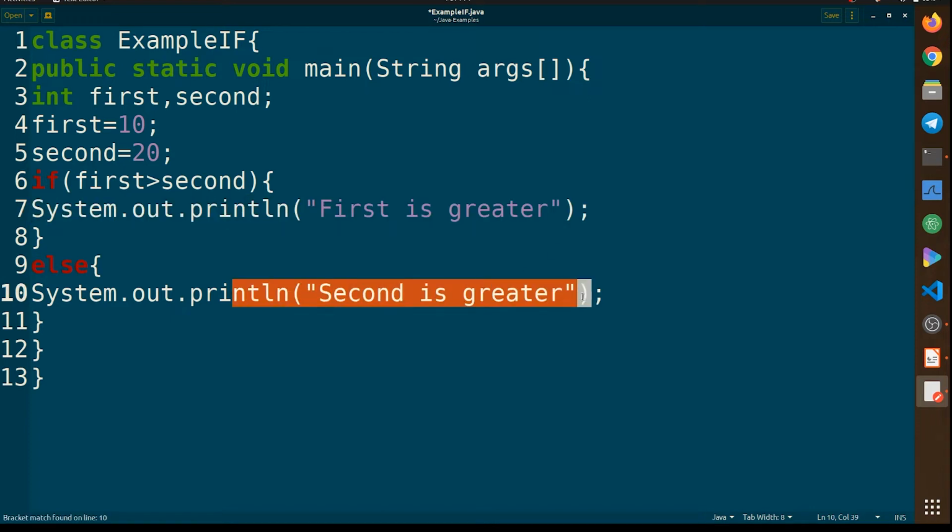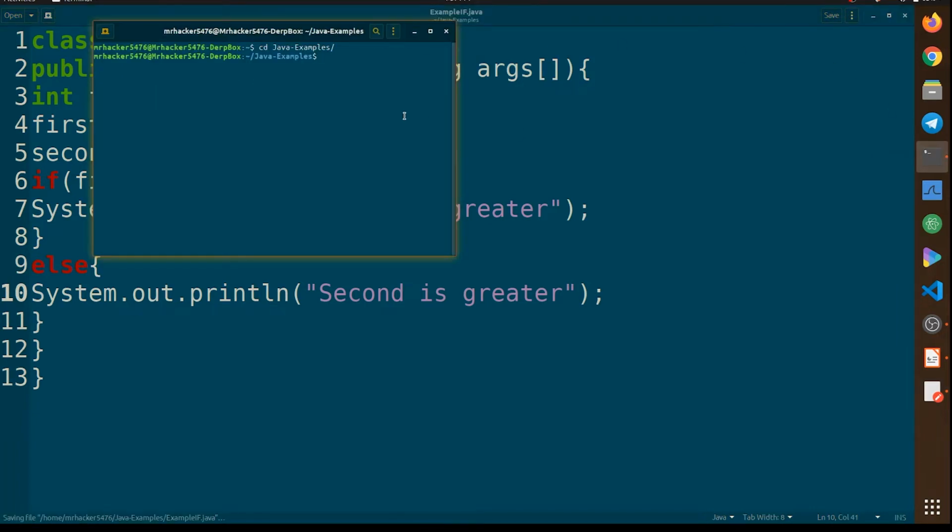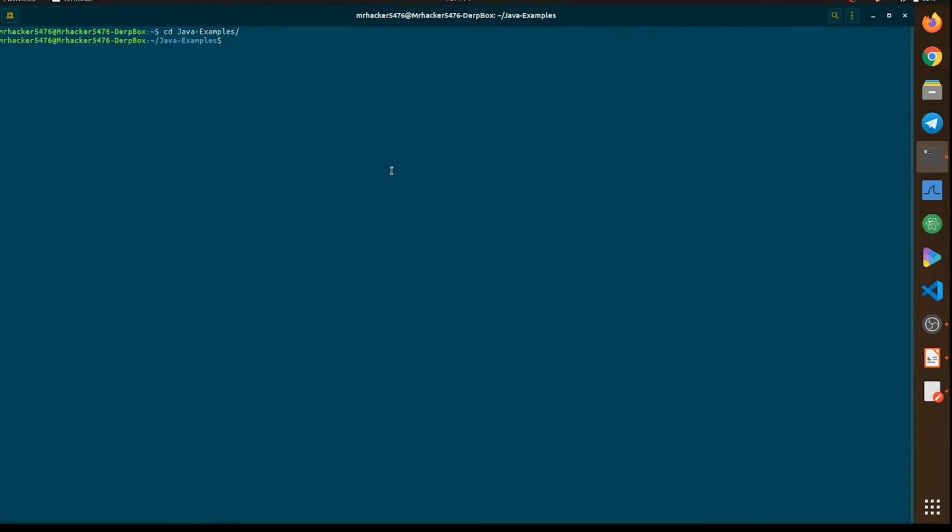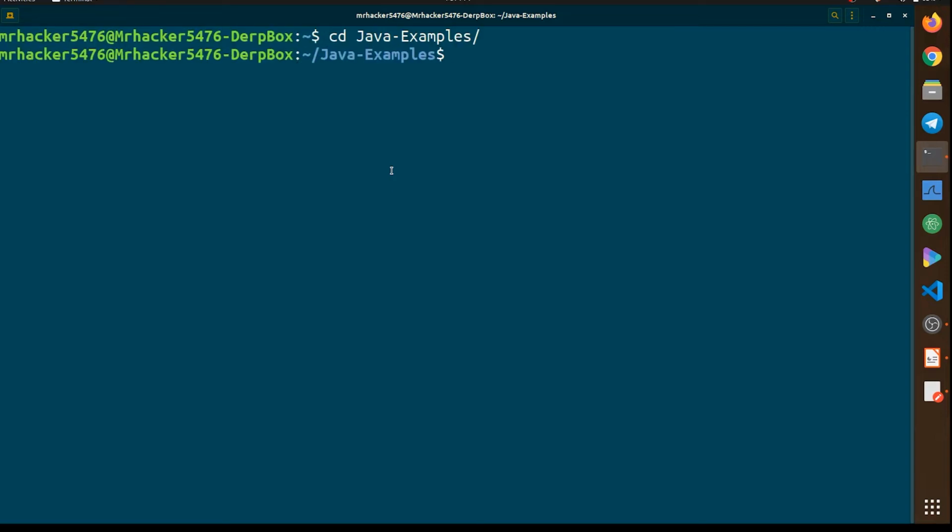So let's see our code and run this example. Okay, let me zoom it for you. Okay, looks perfect. And now javac ExampleIf.java, hit enter. Okay, it went good. Now let's execute it.